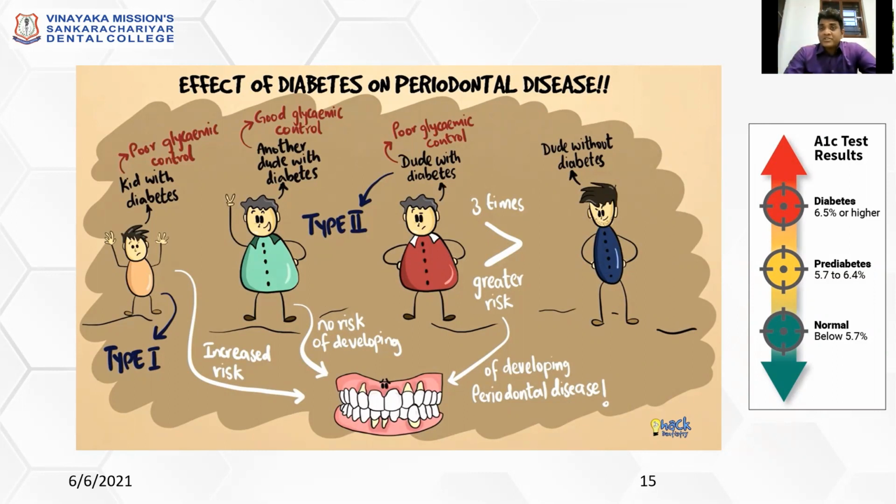So the game changer is nothing but poor glycemic control. What I'm talking about, poor glycemic control, is not a one-day match. It is like a test match, to know the blood sugar level of a particular patient over a prolonged period of time. A one-day fasting doesn't do any good for a periodontal status.